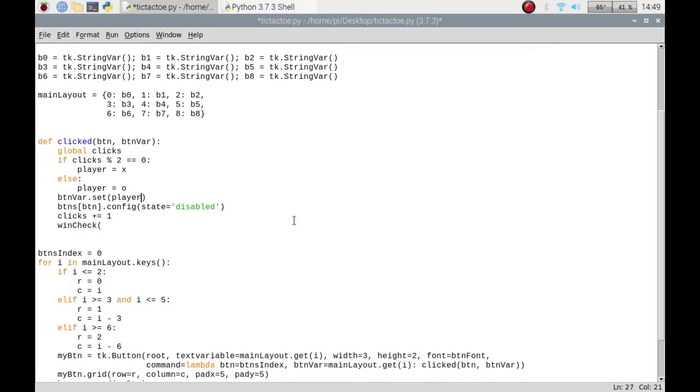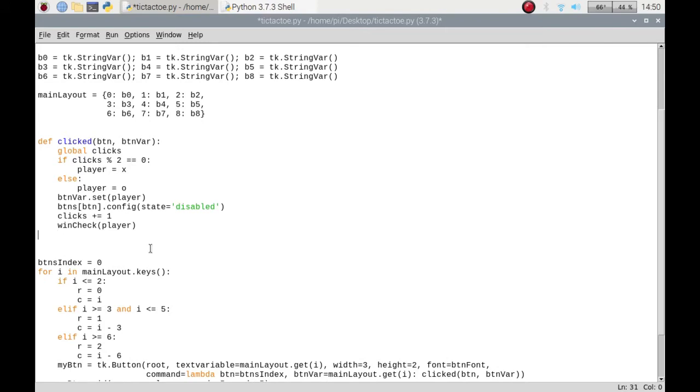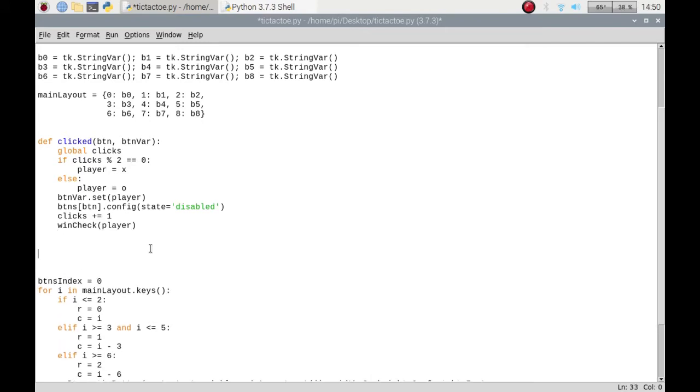Now it'll work. But what I want to do is grab the player, because we don't want to check if there is a winner. Sorry, I don't want to check through every possibility. I only want to check the current player that's just clicked a button. So that's why we're putting player as the argument for this function. So let's create the function winCheck. I'm going to put in the player,